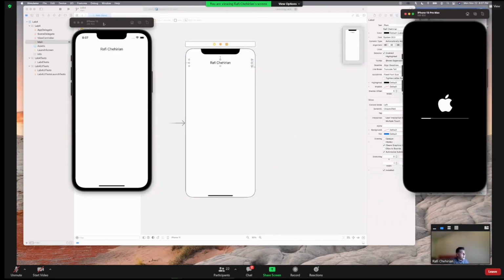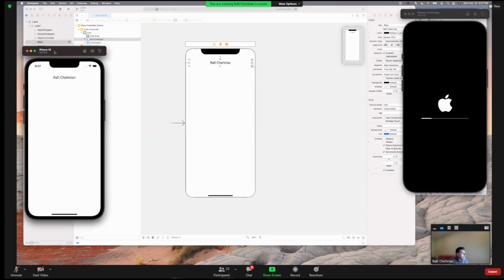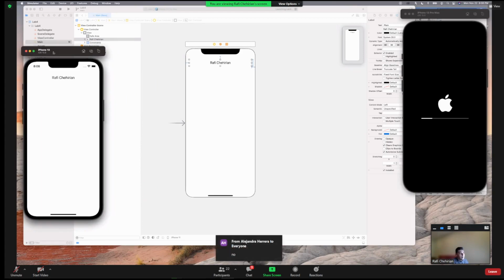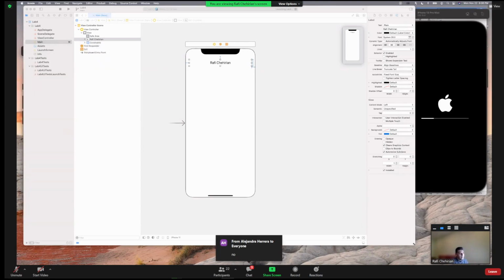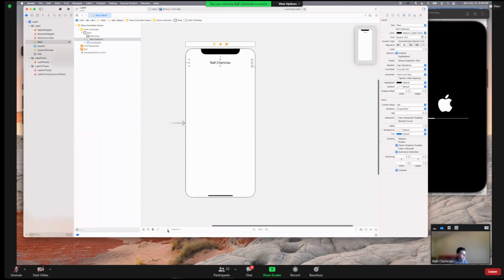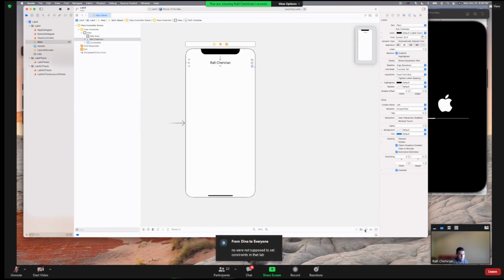While this is loading, let me show you something else that's kind of cool. It's kind of annoying to have to keep running it on different simulators. So there's a preview that Xcode allows you to have when you're doing auto layouts. Down here on the right side is the constraint section, and on the left side, see it says iPhone 11. If I click this, it shows me all the different devices. So I can see what it looks like on a smaller phone, or, my computer's a little slow, but